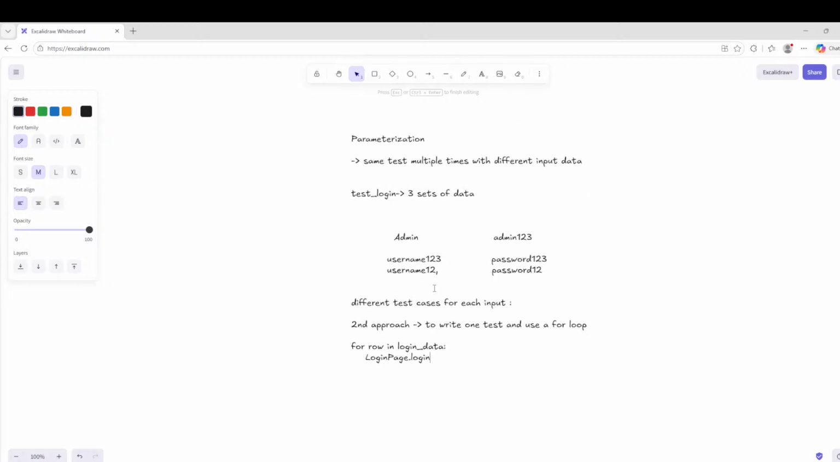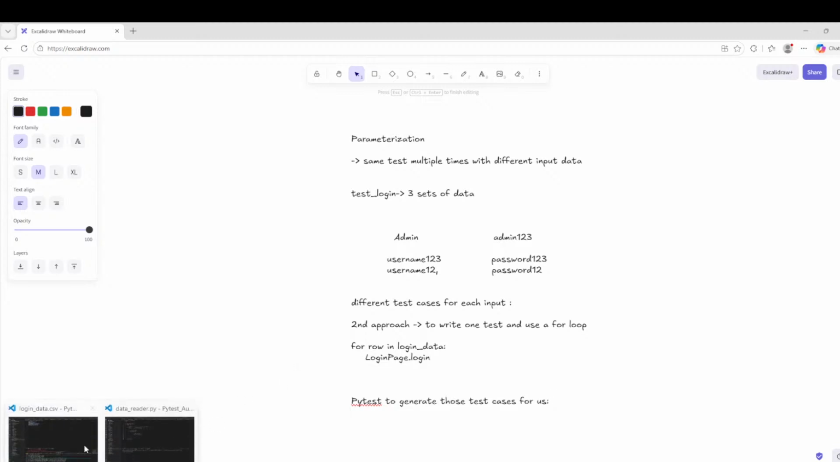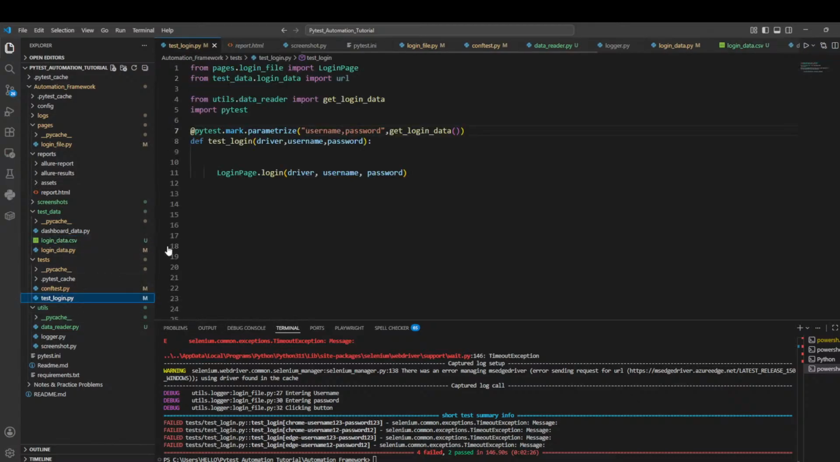And this is where parameterization comes in. So instead of writing multiple test cases with different input data or using a fixture, we can simply ask PyTest to generate test cases for us. So when we go back to our code and we see the logic that we had written,